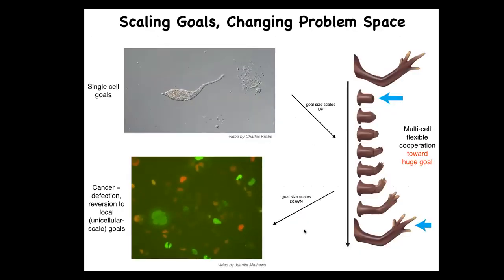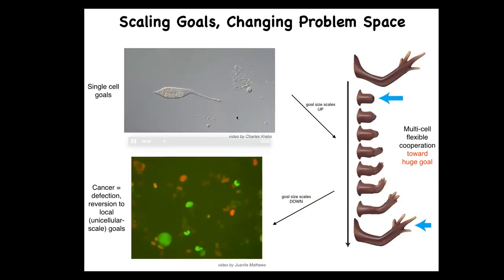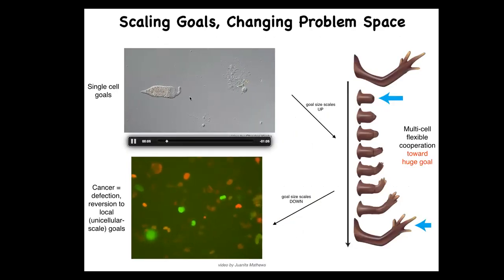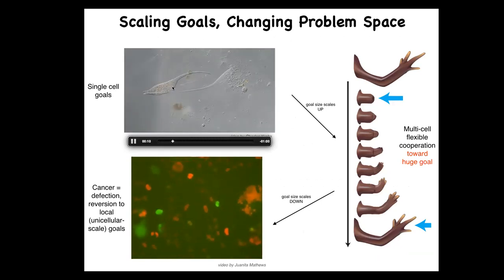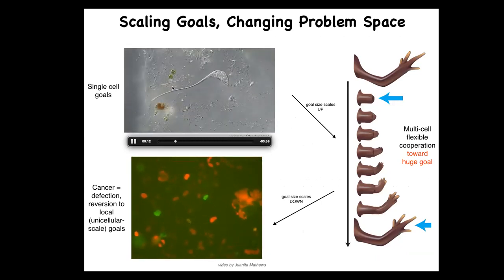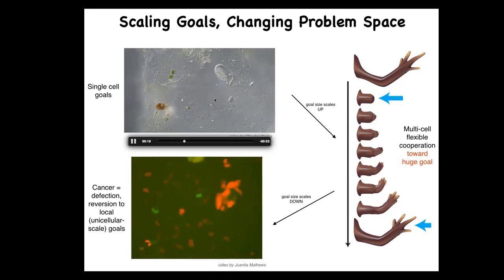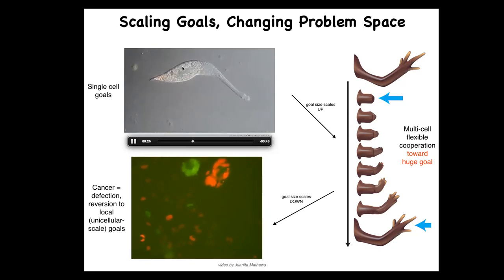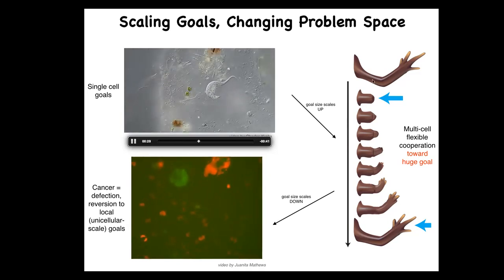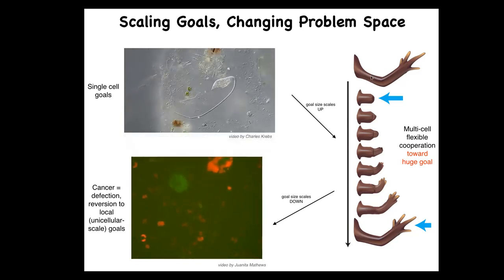So the last thing I want to show is the cancer application. What evolution has done for us is to scale up the cognitive capacities of single cells towards larger goals in novel problem spaces. So individual cells, these little amoebas and such, have little tiny goals. All of their goals revolve around this very short, their cognitive light cone is very small. So local physiological states and things like that. But together in an organism, they're bound into electrical networks that work on huge goals.